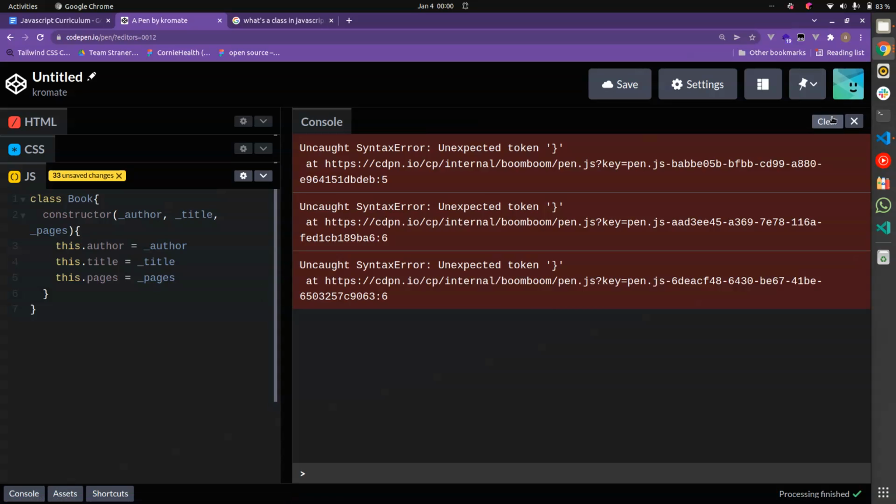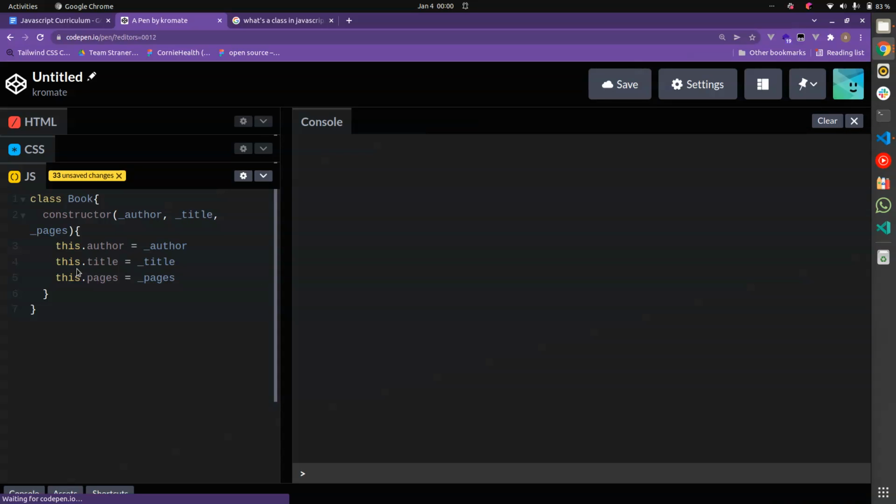So what I did was basically, from the constructor, I use the this keyword to bind them to the attributes. So if I come here and create a getter,